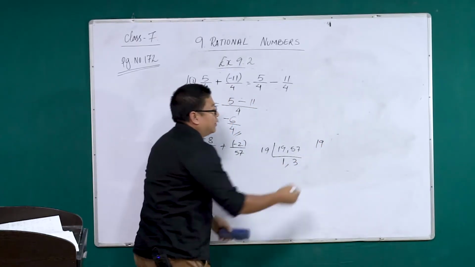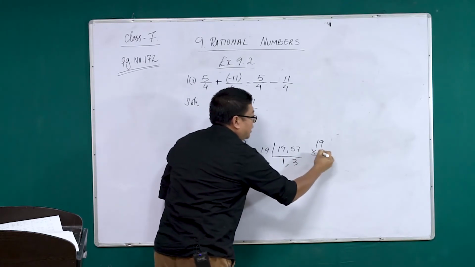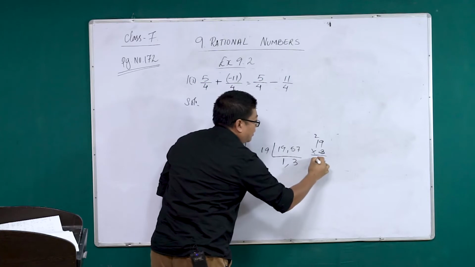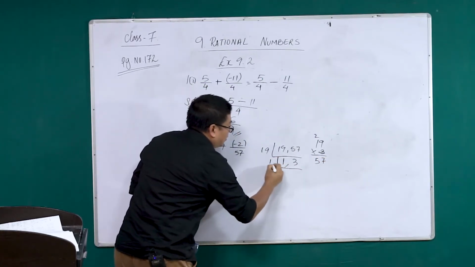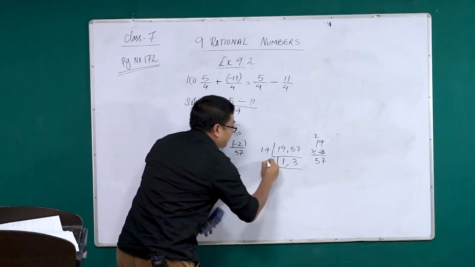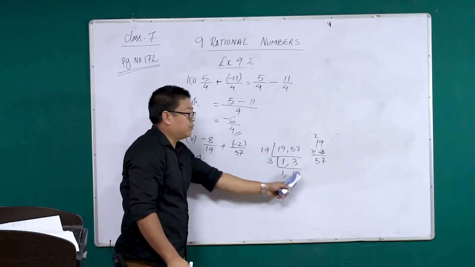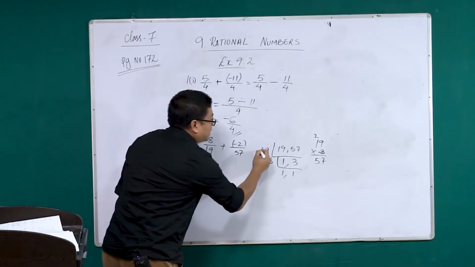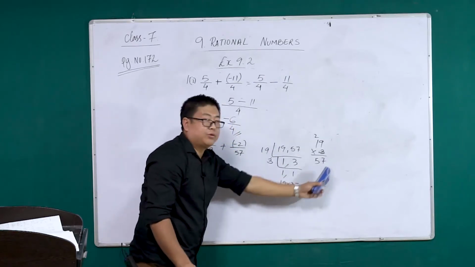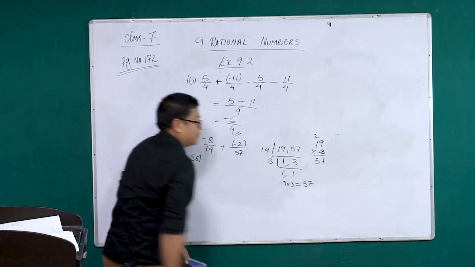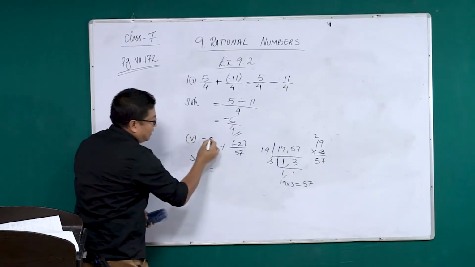There's another method. If you want to find it, you keep multiplying numbers until you get the same number. Here, let's multiply with 3. 3, 9, 27, 3 ones, we're getting 57. All right? So we will do with 3. 3 into 1 is 3. 19 into 3 is 57. So we're getting this: 19 into 3 as your LCM. We already know 19 into 3 is 57. Okay?